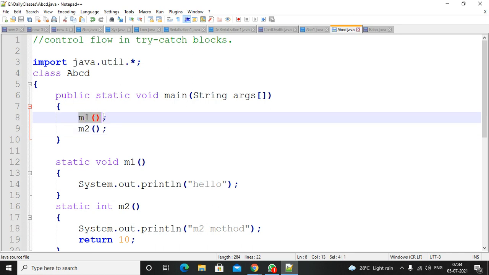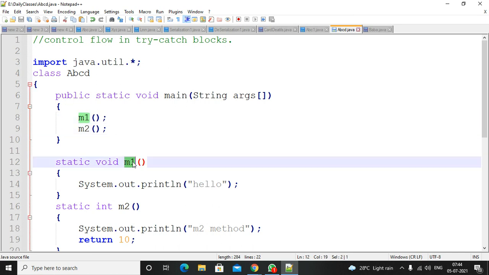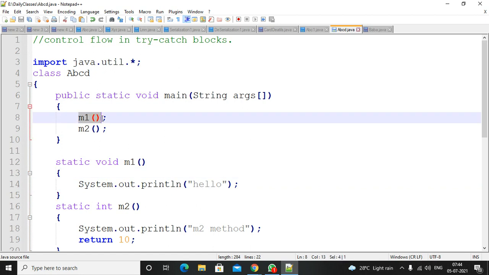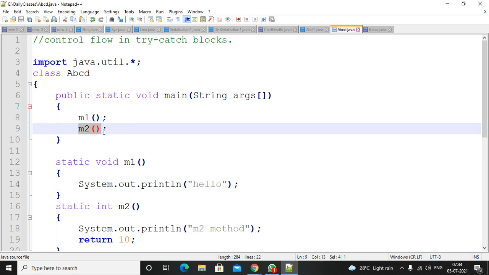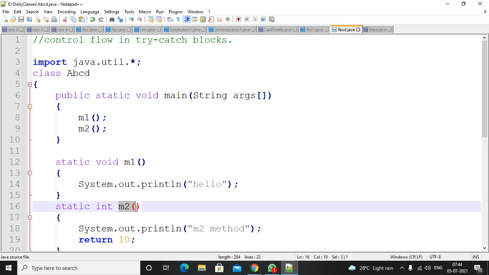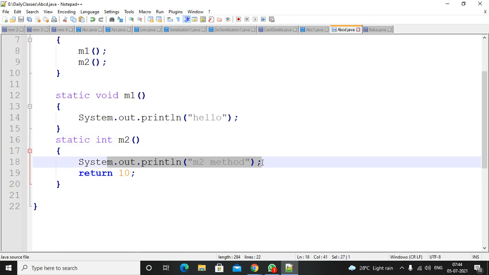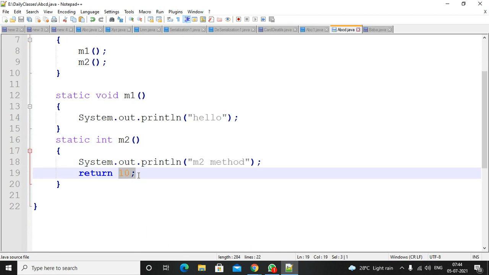If you call m1, the m1 method will be executed. The m1 method doesn't return anything because its return type is void. So you directly call it and it will execute this code, that is okay. If you call m2, the m2 method will be executed and it is returning some value.